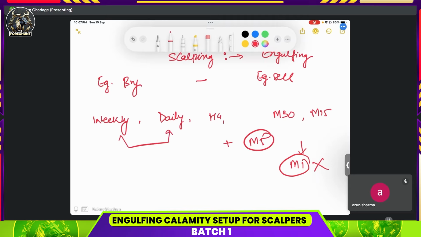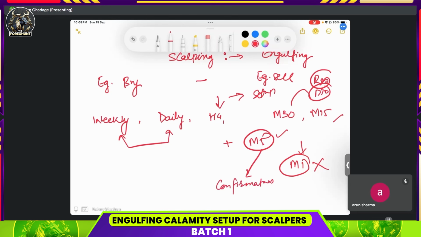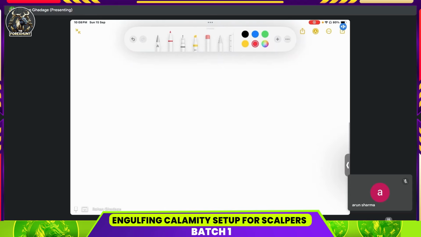These two time frames are for determining the direction, H4 for setup, M30 for R30, D30, and M15, M5 for confirmation. Okay, maybe it seems to be hard, but it's totally very easy. Once we move to the setup, we will understand. So let's have a look into the